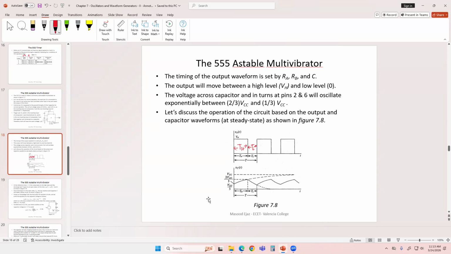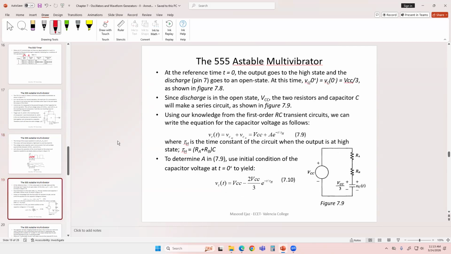And as the capacitor voltage charges and discharges, the pin number 6 and pin number 2 values are going to change, the same value between 1/3 of VCC and 2/3 of VCC. We take any reference time t equal to 0. We assume the output goes from 0 to the highest state, and the discharge pin number 7 goes to the open state. So if we go to pin number 7,